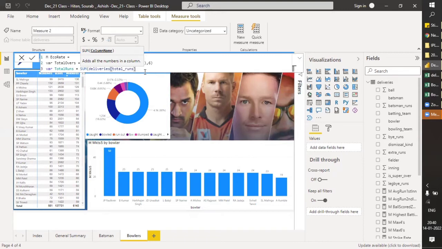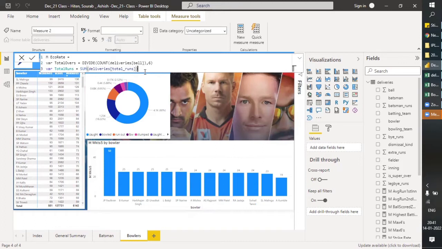While preparing this DAX, I looked into the ICC rules. I didn't see overthrow, but these things were excluded. So let's ignore that and take all of it into the bowler's account.